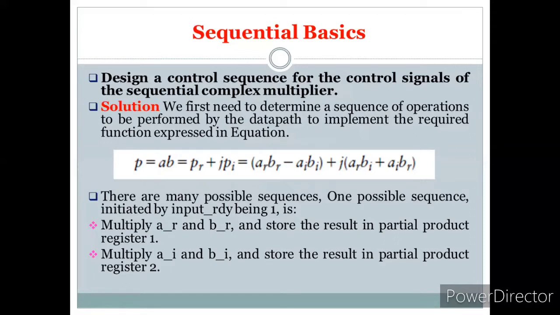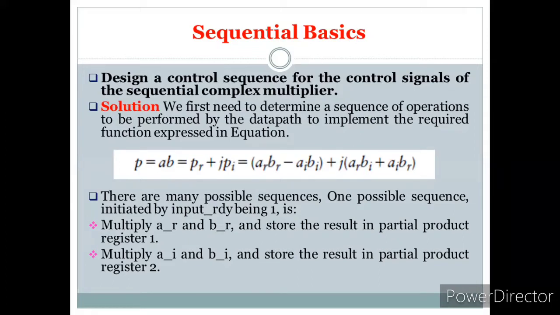So there are many possible sequences. As we know, we have different solutions for the problem, but we need to choose one possible sequence which satisfies the requirement constraints of the given model. So if it meets the requirement constraint, then from the input to the output, it should satisfy the timing constraint, and the design model should satisfy the area, how much power it is consuming, what is the cost after manufacturing, everything. So there are so many constraints which need to be satisfied, and we have to select the proper one there.